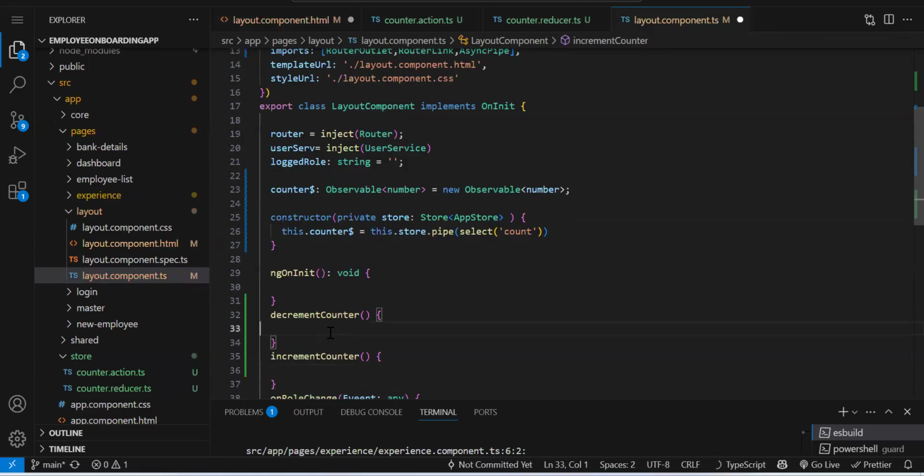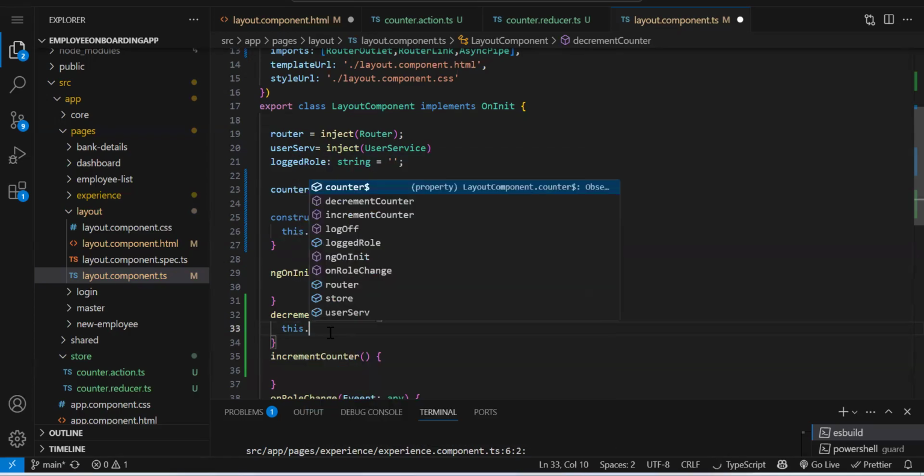Okay. Now, what is the action? Why do we need action? What's the use of action? All right, just now I told you the use of action, from the operation. So now we have to perform the operation with our store. On click of increment and decrement, we are going to do the operation, right? We have already said what operations are allowed, only increment and decrement.